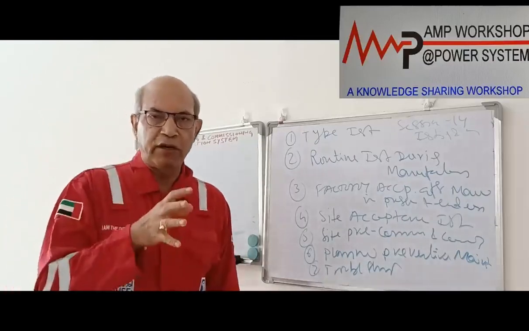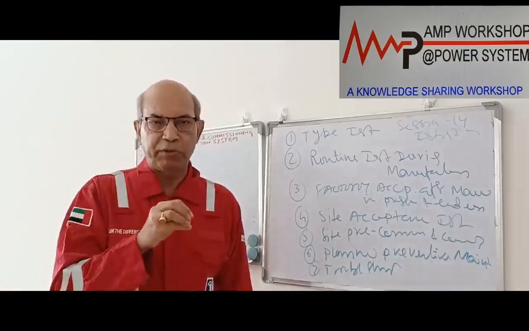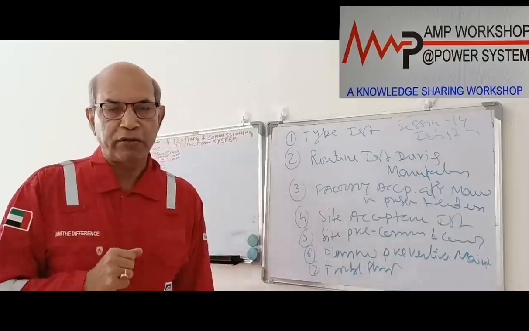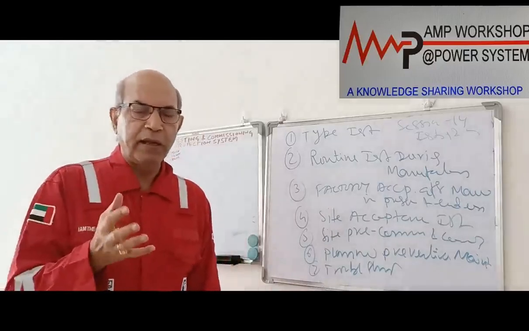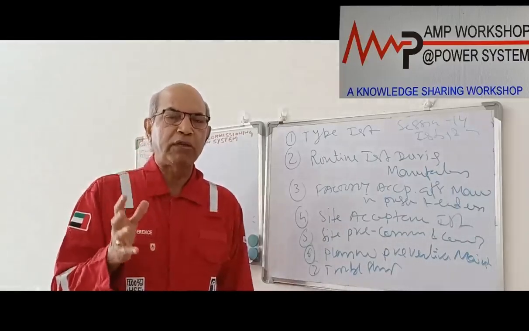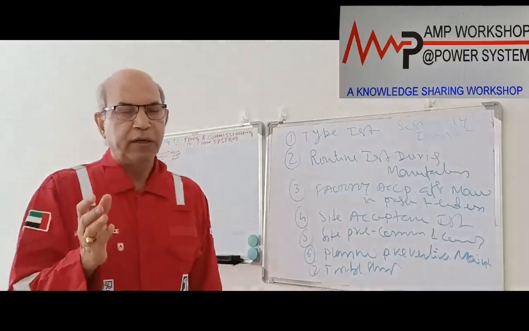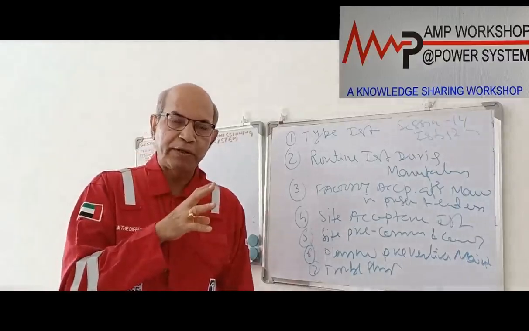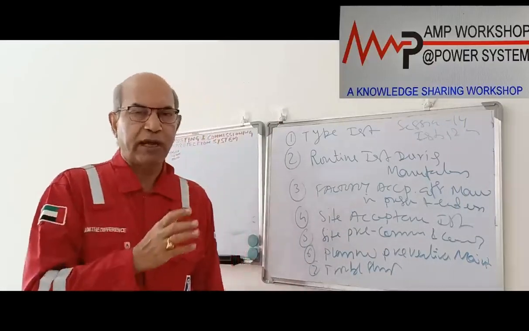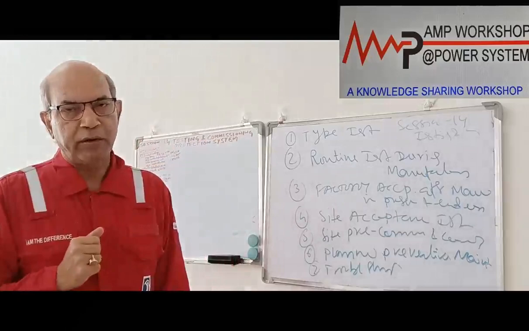Similarly, if there is a fault condition for which the protection system is present, there will be an abnormal condition there also. Then again, suppose there is a control supply, and the control supply creates some ripples, coming at a different voltage. That is also causing a problem to the device. That also can cause an abnormal condition.